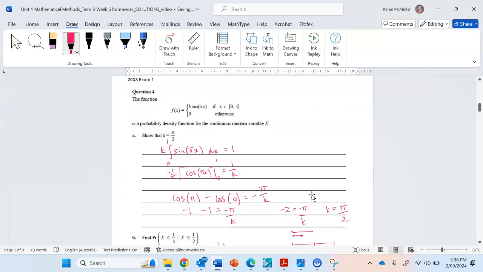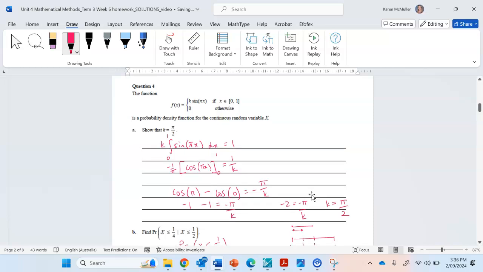All right, moving on to another exam 1 question. So for this question, knowing, I guess, your antiderivative of trig functions, but also your exact values, you can see I've taken that negative, first of all, taken that k out the front and then moved it over to this side, and then also taken the negative 1 over pi out before doing my substitution. And then again, also just knowing your exact values. So we've got negative 1 minus 1 is negative 2 over negative pi on k, and then just solving for